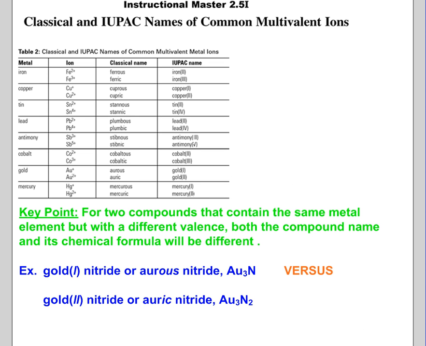All right, so this one here shows the names, the classical names, and the IUPAC names. We want to really focus on the IUPAC system, which is the International Union of Pure and Applied Chemists. So worldwide, chemists name and write chemical formulae using this internationally recognized system. So the classical system was a little bit different. It used suffixes that indicated the valence, and this only worked when the element had two possible valences or ion charges. The classical system, therefore, is fairly limited because there are other metal elements that may have three or more